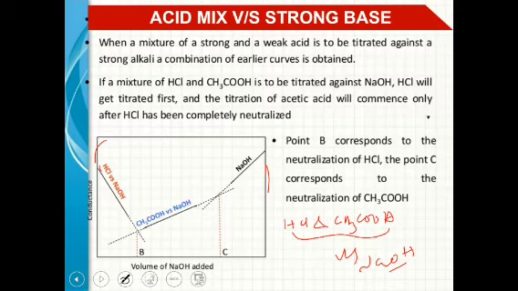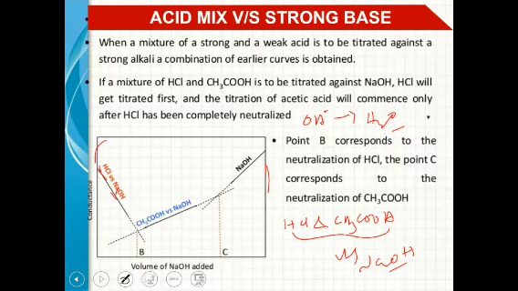After you add the NaOH to the HCl, what happens? We know that there is a gradual decrease in the conductance value. If you add NaOH to HCl, there is a formation of NaCl as well as H2O. That means all the H+ ions in the HCl are replaced with Na+ ions. The H+ ion combines with the OH- ion to form H2O. So that is why there is a gradual decrease in the